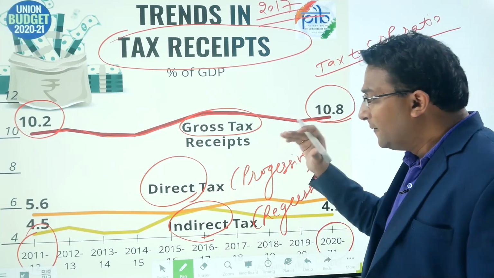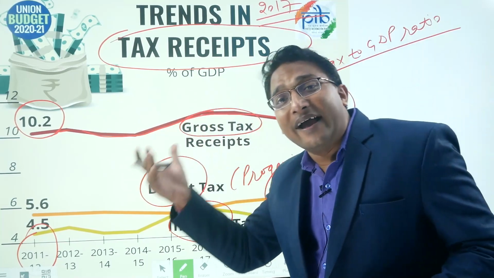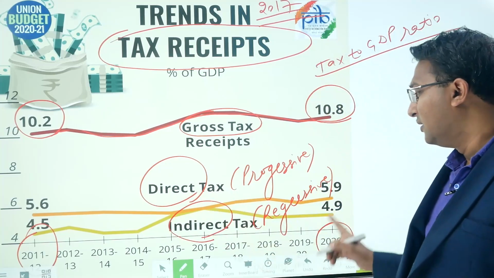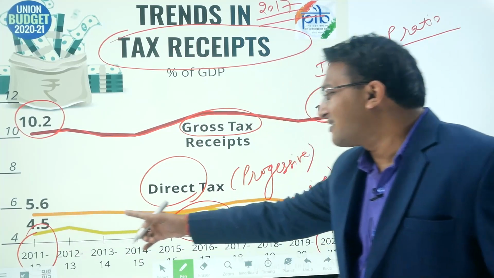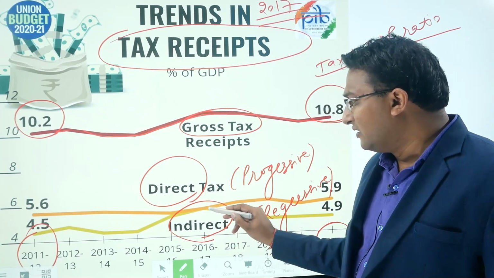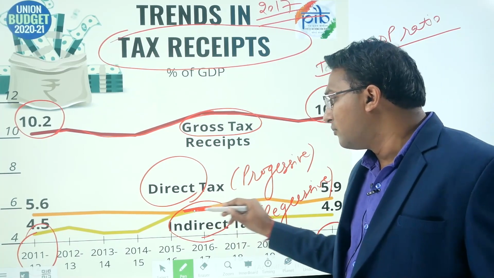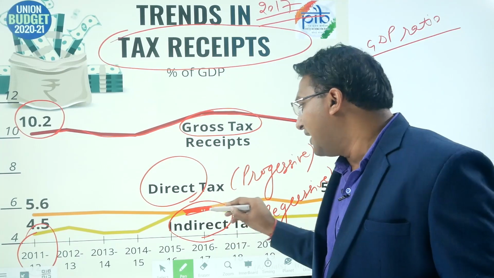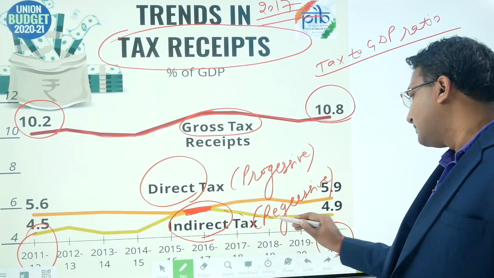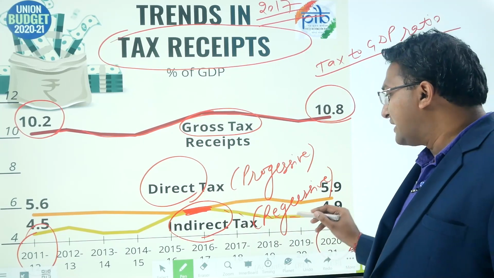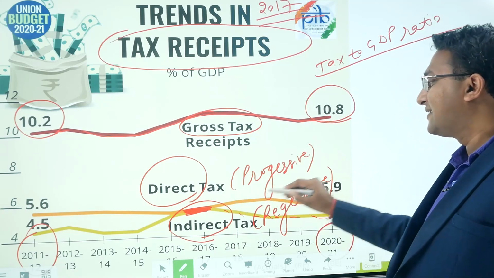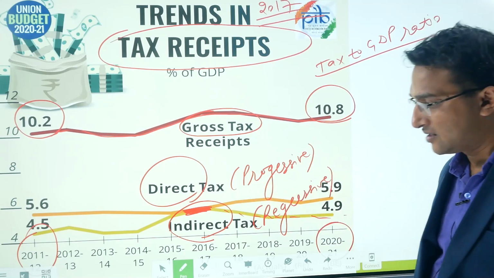So if we want to compare, direct tax should always be higher than the indirect tax in India, right? And this is exactly what is happening. Overall, you can see direct tax is consistently higher than the indirect tax. In 15-16 and 16-17, this was merging, but again after 16-17, this has declined. You can see indirect tax has been declining and direct tax has been higher than the indirect tax, right?